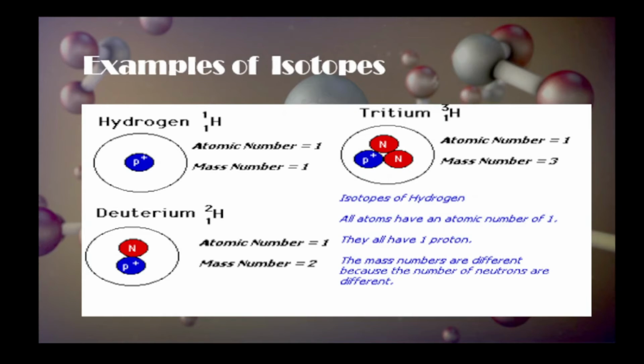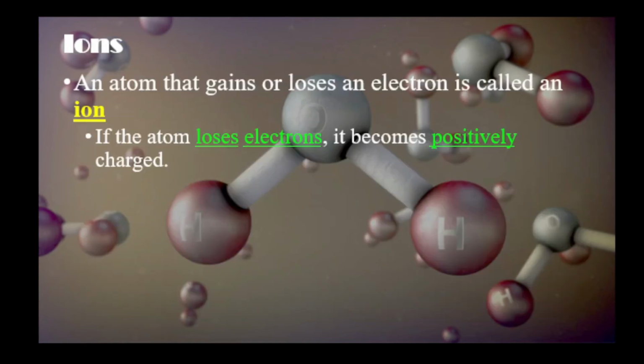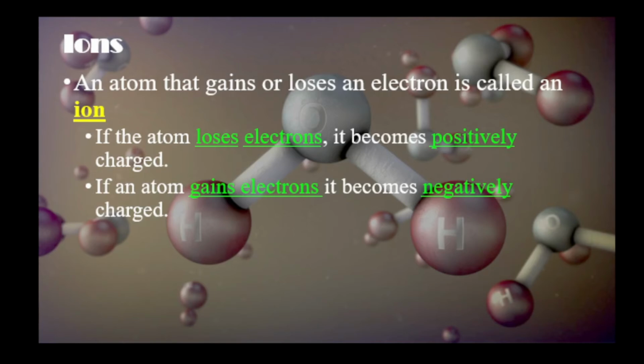Next is the ions. So ions is an atom, okay? So it's an atom that gains or loses an electron, which is called an ion. So kung makikita nyo kanina, ang proton natin is a positive ion. Okay? So if the atom loses electrons, it becomes positively charged. Kumbaga, nagbigay ka. Yung binigay mo or yung pinagbigyan mo magiging positive charge yun. Kasi nga, in the law of